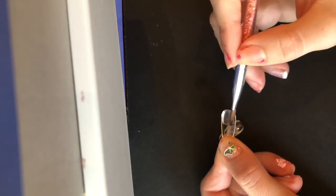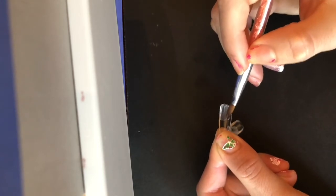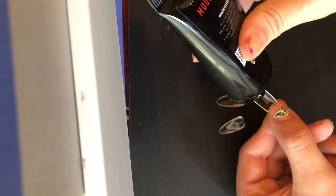how I apply gelx dupe nails from AliExpress and how I apply them with polygel. So first of all, you want to make sure that you take a primer and you etch the surface of those gelx dupe nails. These are from AliExpress, and I use Young Nails Protein Bond to just etch the surface. This kind of melts the first layer of gel on the nails and helps it adhere better to